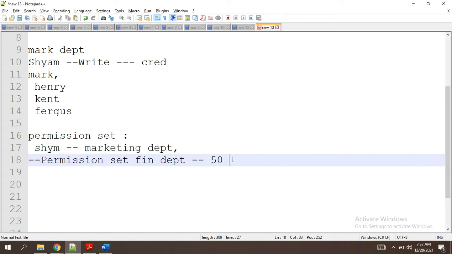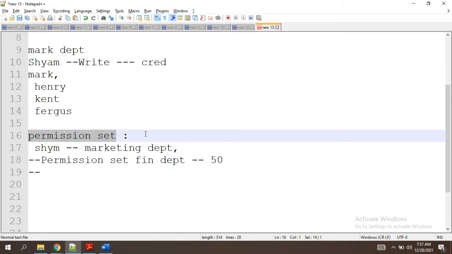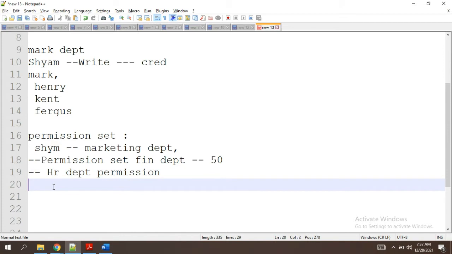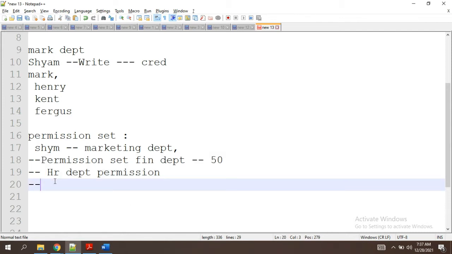But while doing the audit, if they want data of one more department, which is HR department, from there also we can create one permission set and give the access to Sham. Similarly, we can create any number of permission sets and assign them to the user so that the user will get extra permissions. In a permission set, you have to remember, guys, we cannot restrict the access which is already provided by OWD or profile. We can just extend our permissions with the permission set.